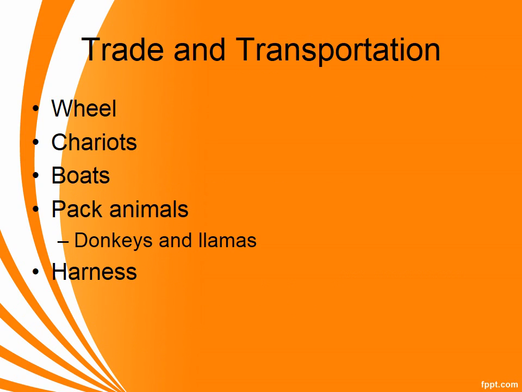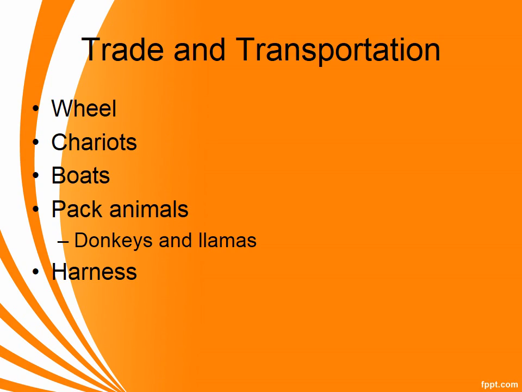So the wheel is going to aid in long-distance trade, and what that's going to be able to do is allow different villages to specialize in certain products. And when you specialize in a certain product, you become good at making that product or growing that food, and that's going to create a little bit of long-distance trade. Now, long-distance, we're talking within Mesopotamia. We're not talking about across deserts or mountains or anything like that yet.